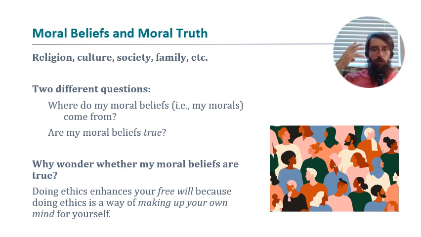Right? We know where our moral beliefs come from. Right? Children are raised to think certain things are right and other things are wrong. And so, of course, beliefs about right and wrong vary across times and places and cultures and whatnot. Right? People used to think that slavery was okay in the American South. People were raised to think that. That's how ideologies like racism work. Right? People get raised to believe certain things, and then they believe them. Right? That doesn't mean that what they believe is true, though. Right? Just because I was raised to think something is true doesn't make it true.